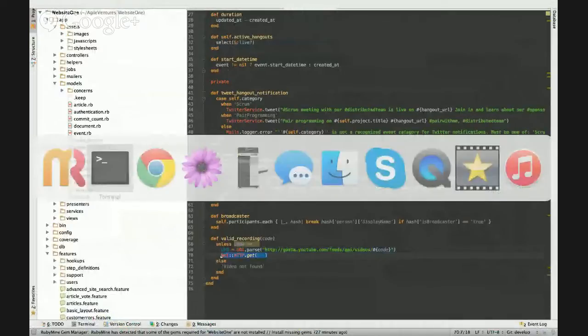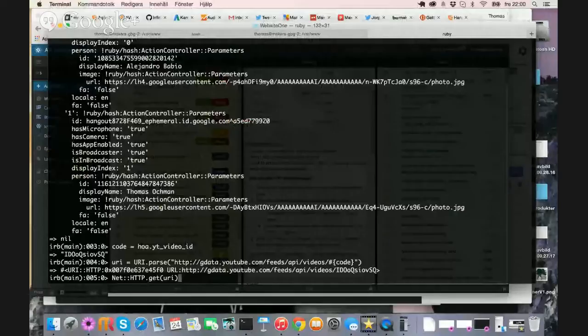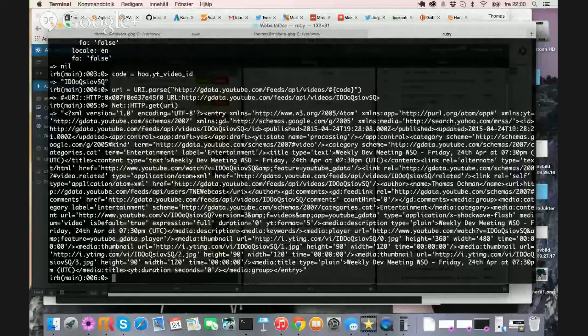So if we do this, this is going to be parsed. So if we just go response equals, okay, so y response.